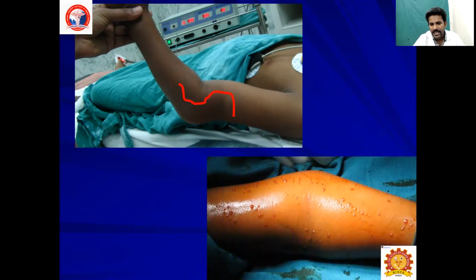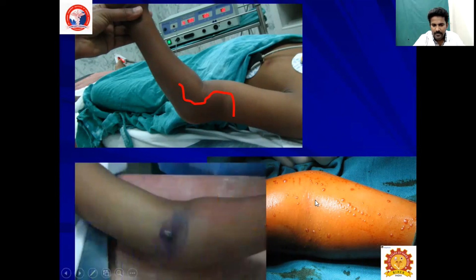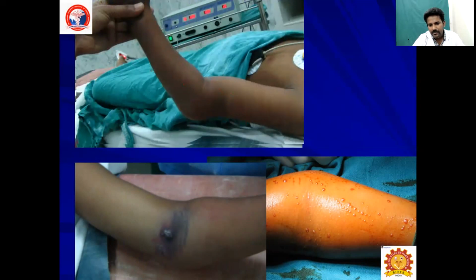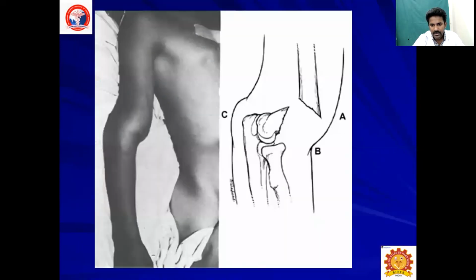Here you are seeing a swelling which has a positive puckering sign. Here there is ecchymosis. You can see ecchymosis, which is blood collected under the skin because of severe crush injury of the underlying soft tissue. With the associated bony fracture, you will encounter a soft tissue injury. See here, this is an extension type, with posterior dislodgement of the fragment which causes an S-shaped deformity.